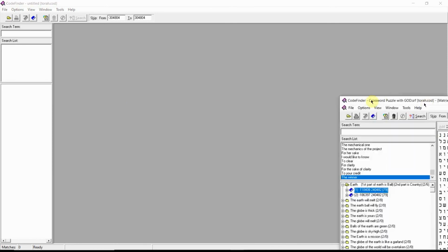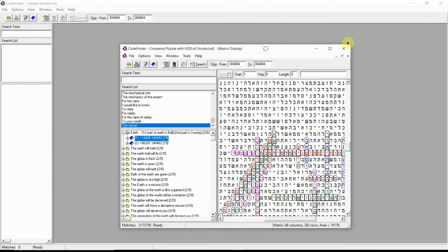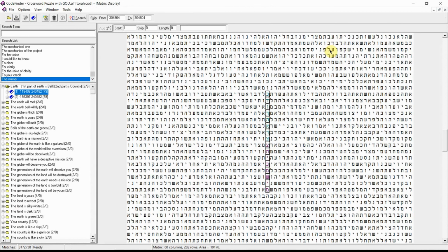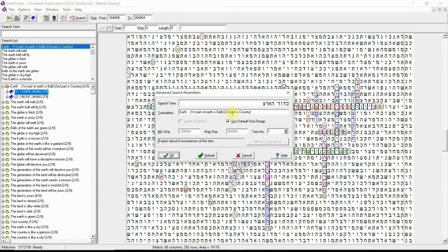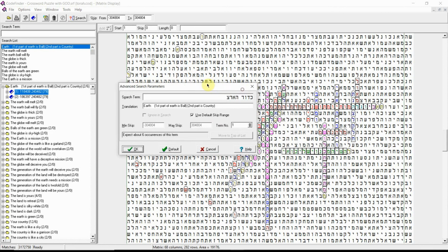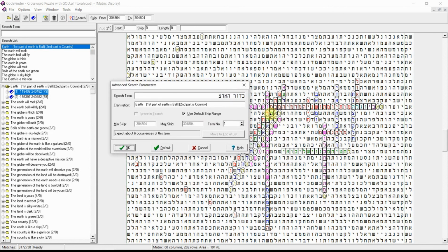So drag that over. This is my search on the Earth. The Earth is stuck right in here in the middle somewhere. Let me go up here once and see the Earth. So the Earth, it's not in the middle, it's right here.